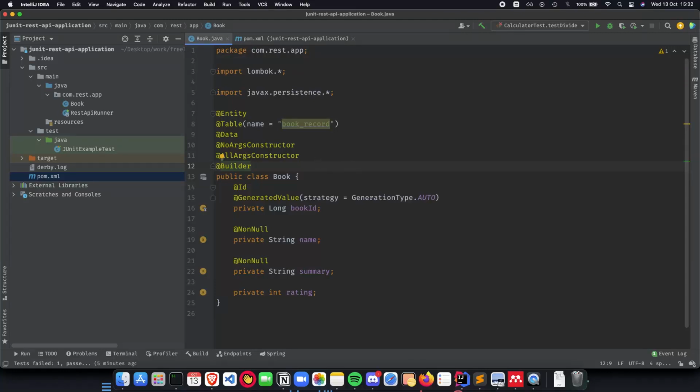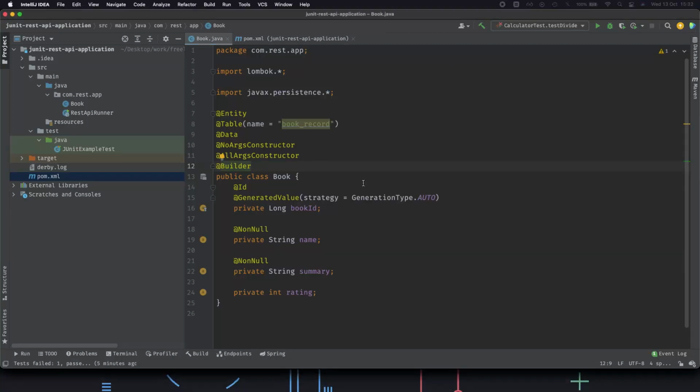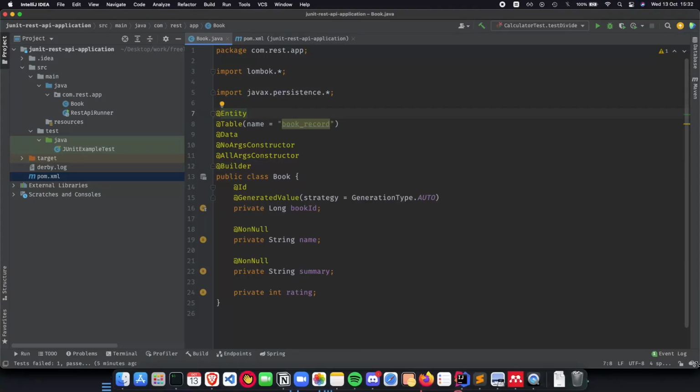So now that we have our book record ready, the next thing that we need to do is have a book repository. So let's quickly see how we can work with that. The next step is to create a JPA repository to provide methods to easily retrieve and manipulate book records in the database without the hassle of manual implementation, right? We are only looking to have some simple CRUD methods on top of our book, and we will be focusing more on the unit tests part for this.